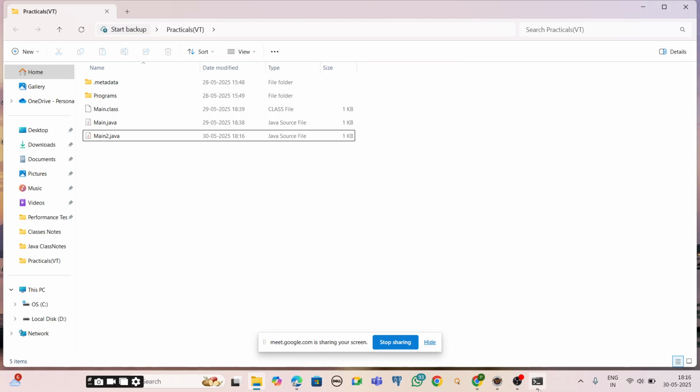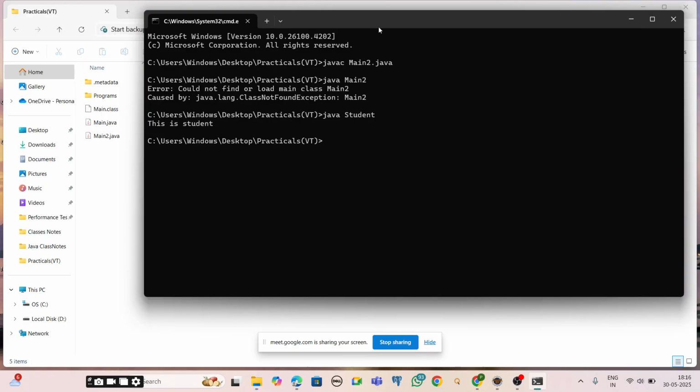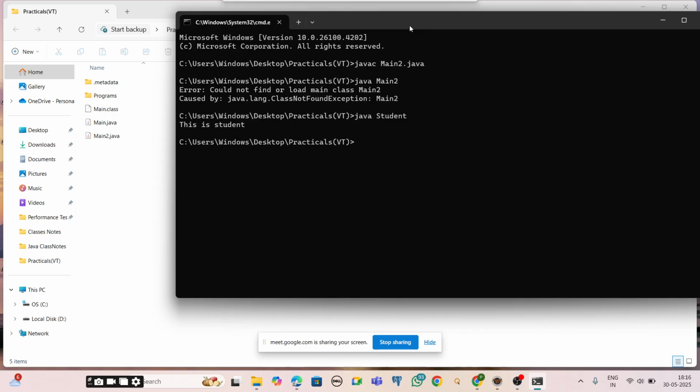Observe here, I will try to execute. The path is the same as the .java file path. What do I need to do for compilation? javac file name. What is the file name? main2.java. Whenever I compile, it is successfully compiled. If you observe here, I am getting two class files, two bytecode files. The first one is mobile, another one is student.